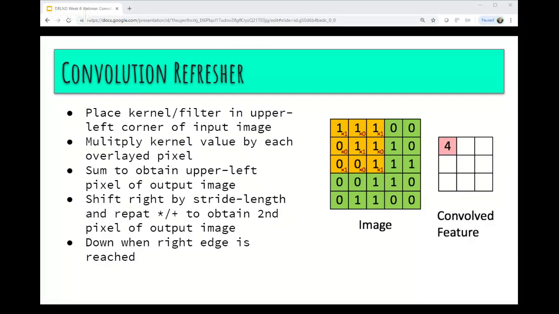So you place the kernel in the upper left corner of the image, and you multiply element by element the kernel by the input image, pixel by pixel. Add each of those up. So in this case, it's a 3x3 kernel, so we'll have 9 separate numbers that will then add up. And the addition of all of those added together becomes the total for that first upper left corner of the output feature. So once that first element has been determined, then you slide the filter over by 1, or